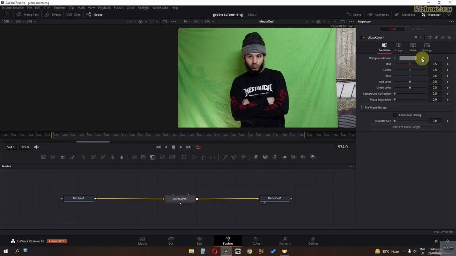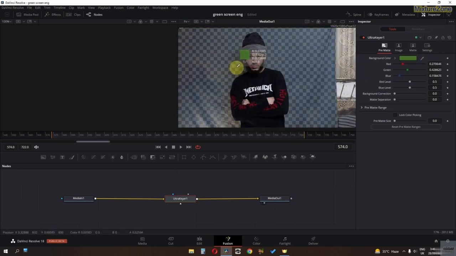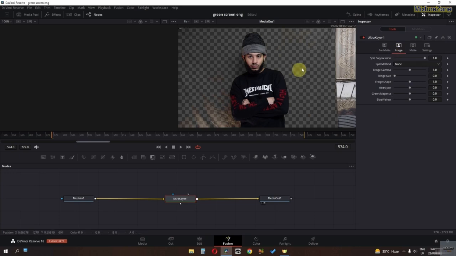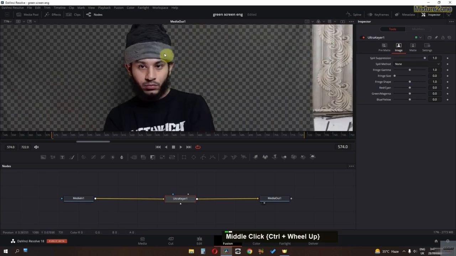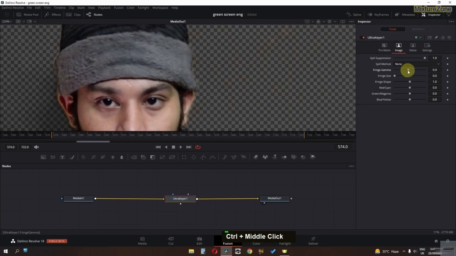Now I'm going to select this color picker and I'm going to select a color. This is good. Now let's go to the image, and now let's set this to single screen,